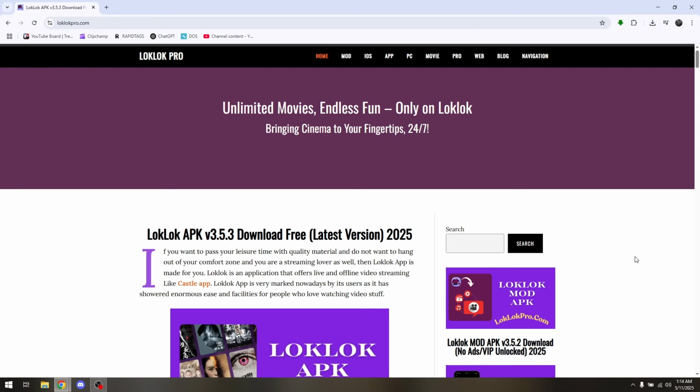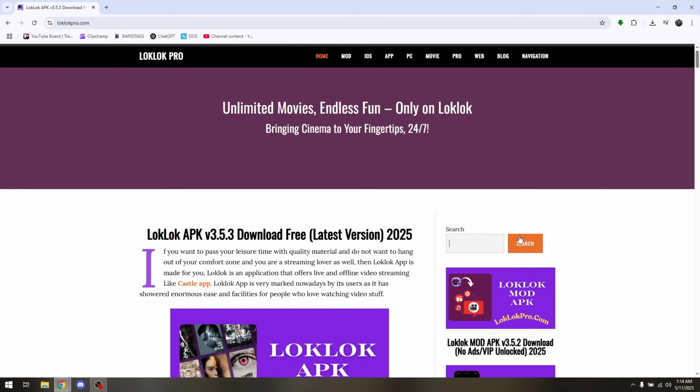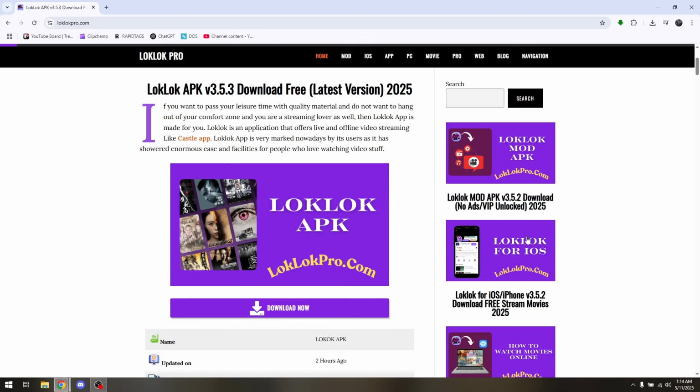In this site, you can simply search for Loklok for iOS, or just scroll down until you find this option here that says Loklok for iOS iPhone v3.5.2. Now just download it and then install it via the unknown resources files from the phone